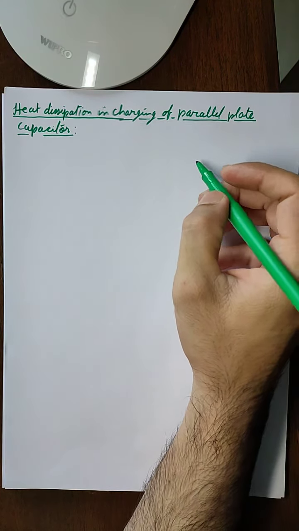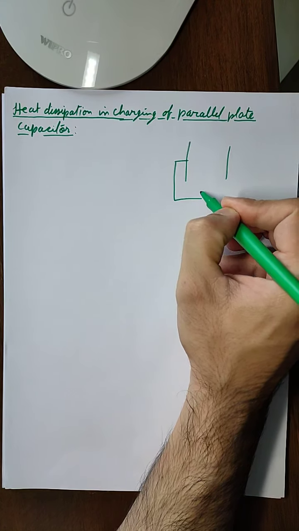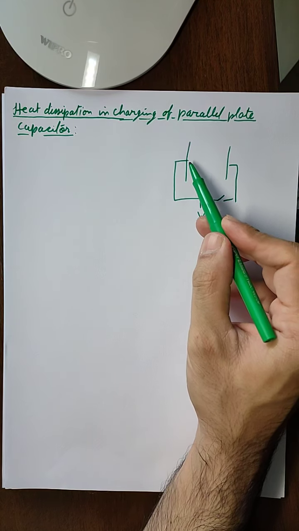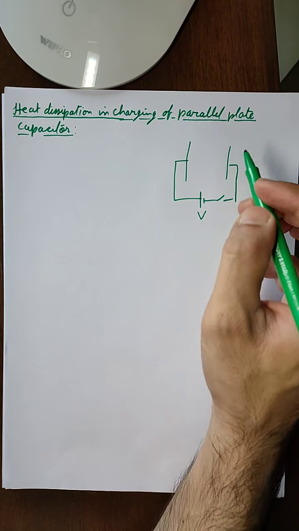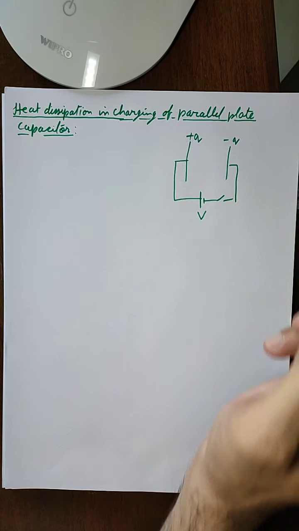Now in the previous video we studied the energy stored between the plates of a parallel plate capacitor. If energy is stored between the plates of the capacitor, it is stored by the external battery that was connected. So if we had two plates connected with an external battery, then this external battery is distributing charge on the two plates, and as a result we get a plus q charge on this plate and minus q charge on this plate.